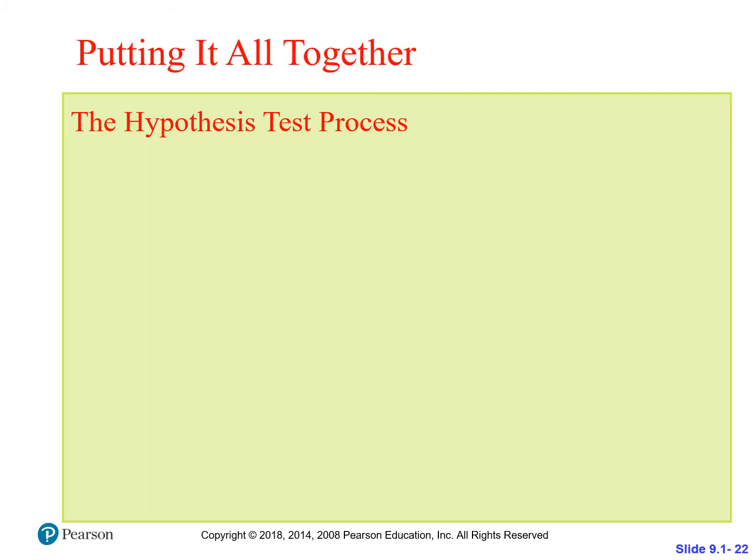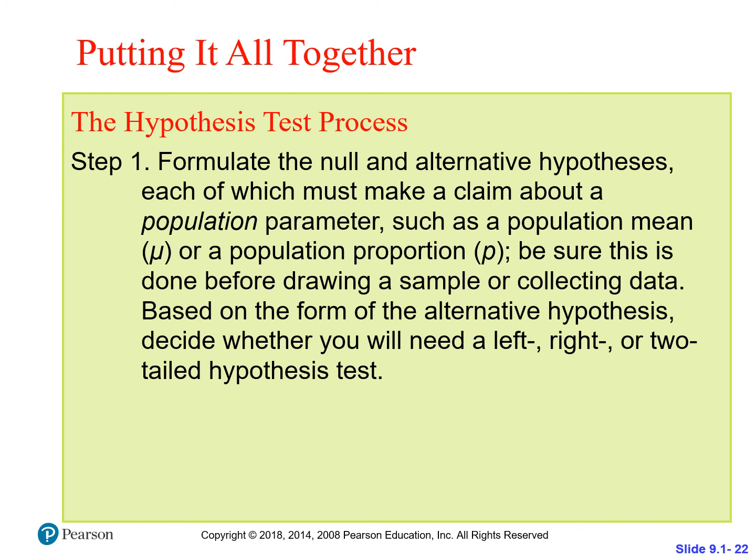Okay, let's put it all together. One, we formulate the null hypothesis and the alternative hypothesis, each of which must make a claim about a population parameter, for example the mean or proportion. This must be done before drawing a sample or collecting data. Always do that first, by the way. Based on the form of the alternative hypothesis, in other words whether it's left, right, or two-tailed, greater than, less than, or not equal to,